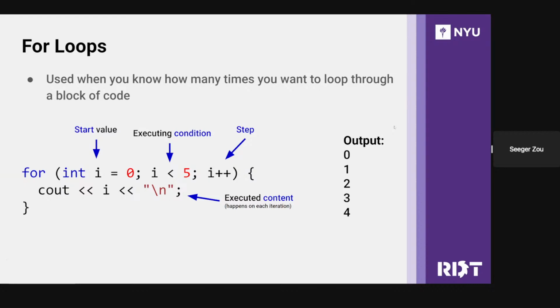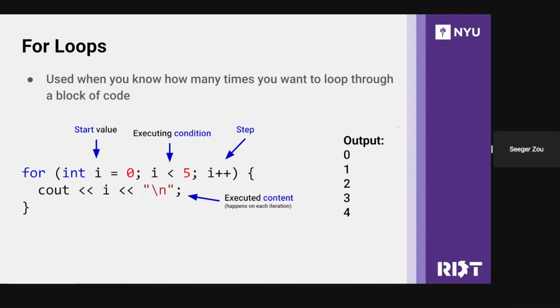And then for the executing condition, we want to stop when I reaches 5. So we specify it to run when I is smaller than 5. That's the second parameter. For the last parameter, the step basically means how much you want to increment I, or how much you want to decrement, depending on what you choose to do. Here, we're just printing out I every iteration,